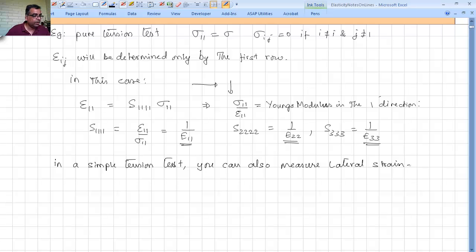That means when you pull one of these things, and you know what will happen, right? Typically speaking, the direction which I am pulling gets longer, but the direction that is sideways, this way, gets shorter, thinner. We know that, right? So what we are going to do is, in a simple tension test, if sigma 11 is only not equal to 0, all others 0,